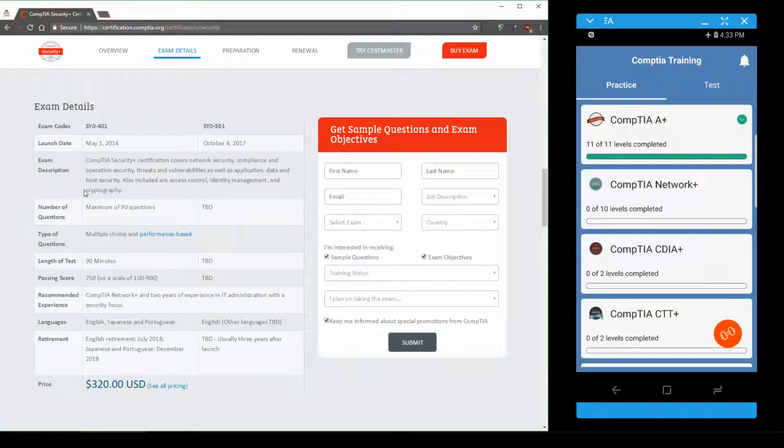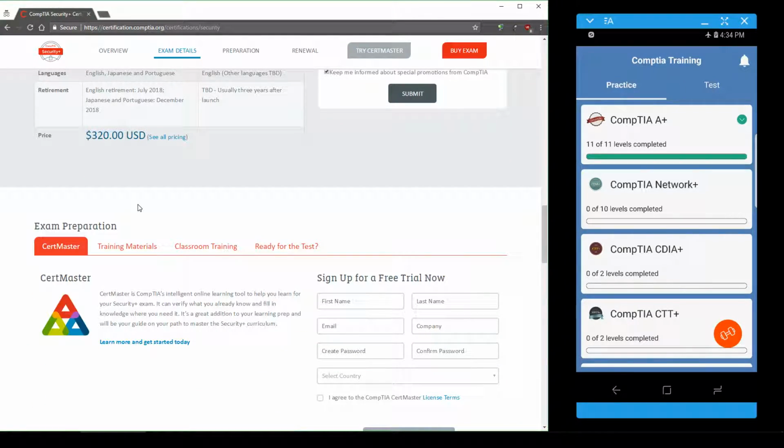So let's go to the bottom here. It covers network security. So if I've already learned the networking and all the components and all of the hardware and configuring with the A+, I figure this is taking it one step higher. Compliance and operational security, threats and vulnerabilities, as well as application, data, and host security. So also included are access control, identity management, and cryptography. So that one, I think, once I have the 3,